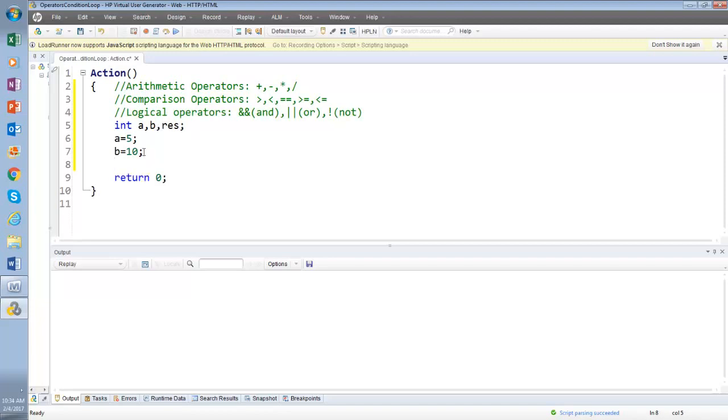Now result equal to a plus b. Okay, now look at one thing here. This expression is an arithmetic expression.